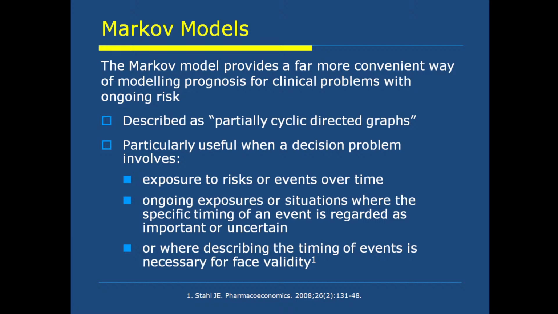The next type of model which is used to estimate effectiveness of the treatment is the Markov model. Markov models provide a far more convenient way of modeling prognosis for clinical problems with ongoing risk. They are described as partially cyclic directed graphs, particularly